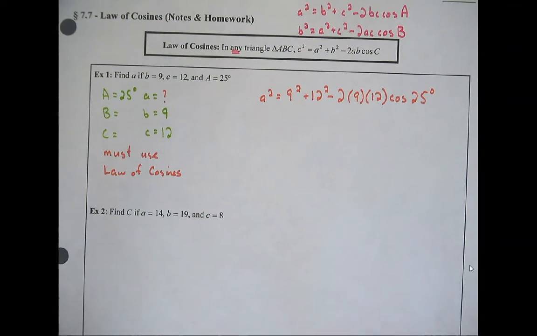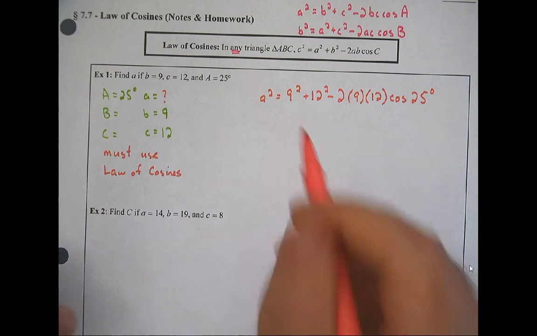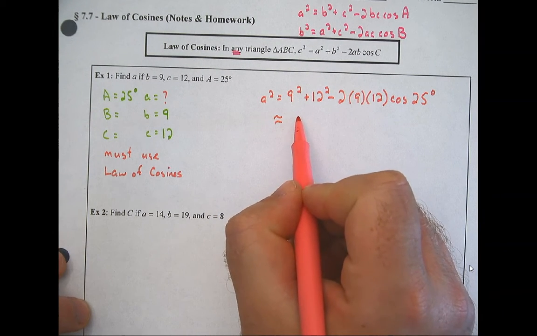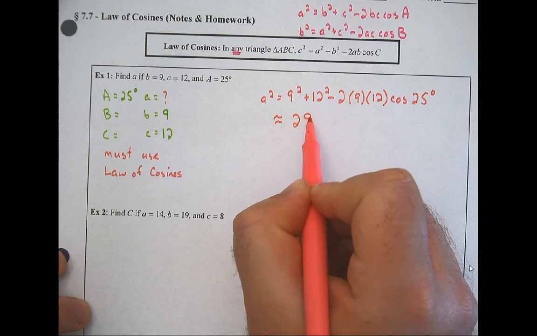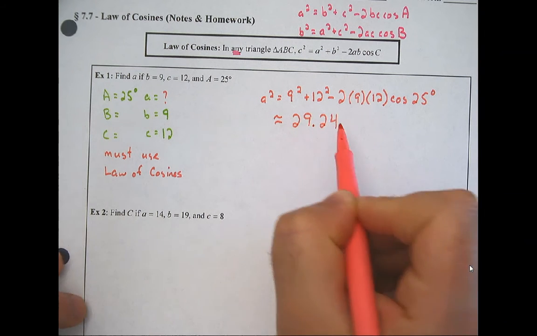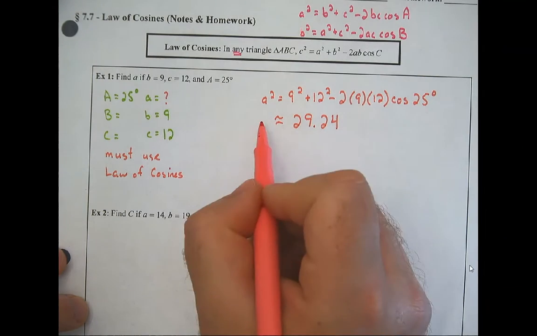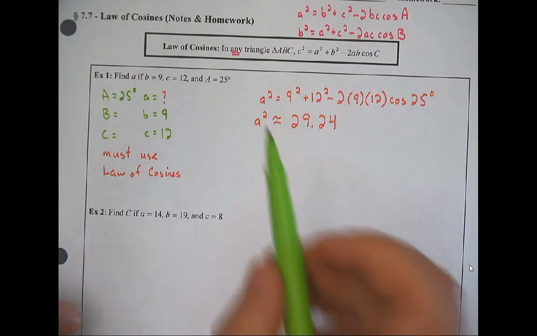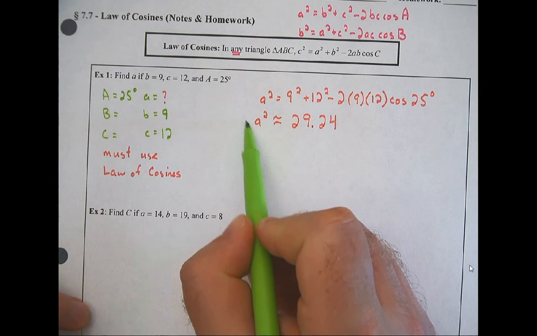All right, so this is approximately 29.2324, or 29.24. Why is that not the answer? Because that's equal to a squared. We don't want a squared. We want little a. So I still need to square root,